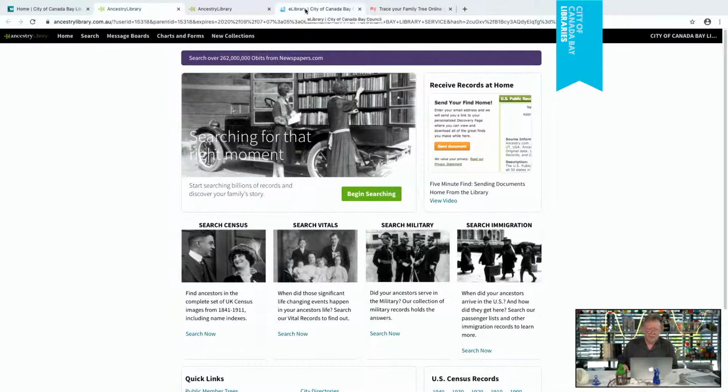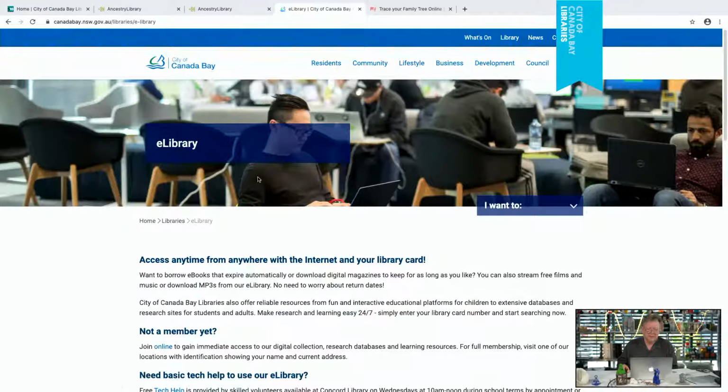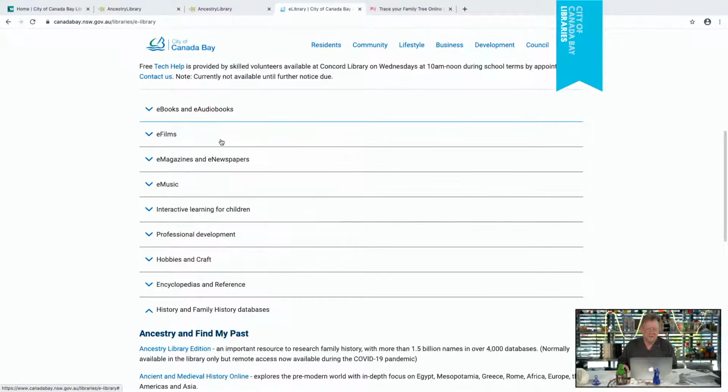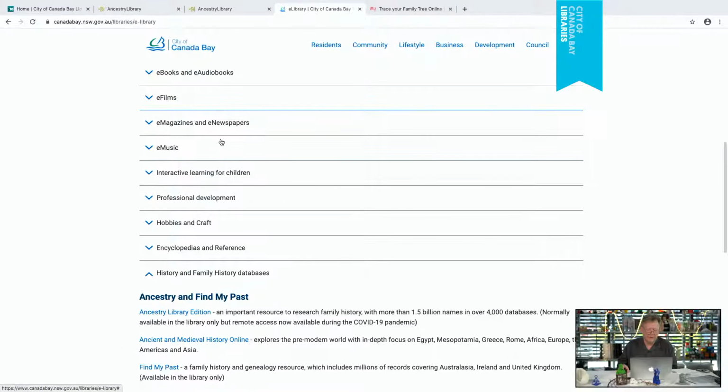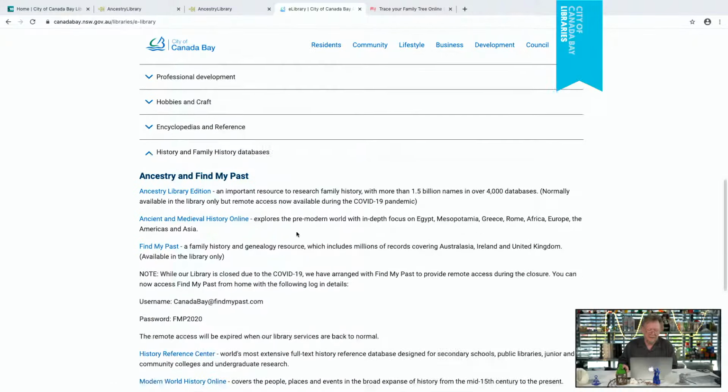The other one, which is FindMyPast, we access from our e-library page. This is the library e-library page, canadabay.nsw.gov.au/libraries/e-library. So it's e-library. You can scroll down. There are a number of different things that you can access from here. We're going to go down to history and family history databases. And right down here